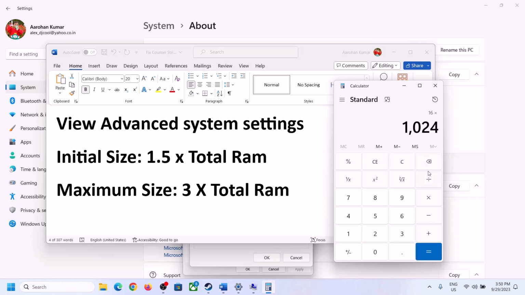So 16 GB in megabyte will be 16384. Now 1.5 into total RAM, that is into 1.5. So in my case initial size is